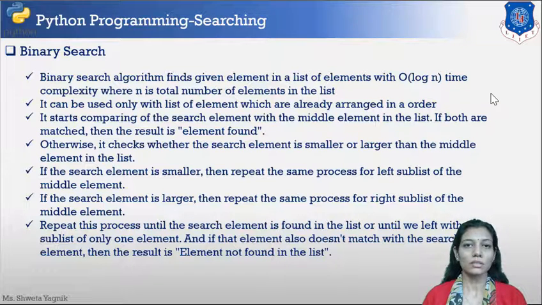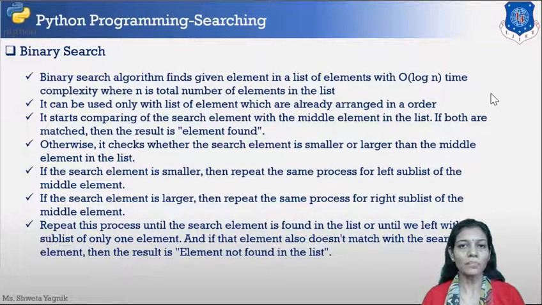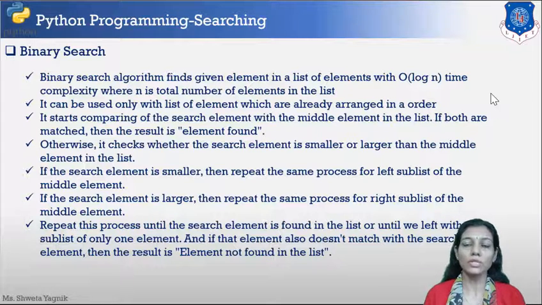So the first prerequisite of the binary search is that the list should be in sorted order. That is the limitation, you can say. Now we'll see how it is working. Based on the middle value, it will compare. Whatever is the middle value of your list, that will be compared with the search element. Okay, and if it is a match, then that particular position of the middle value will be returned.